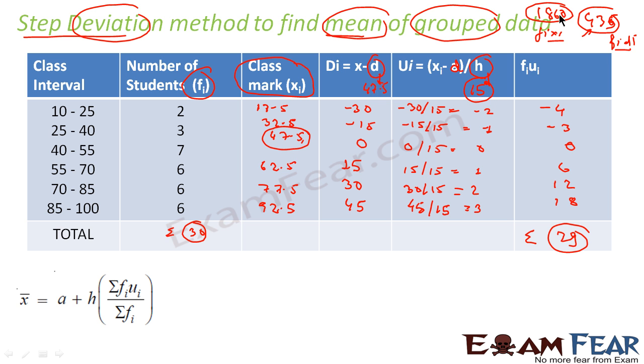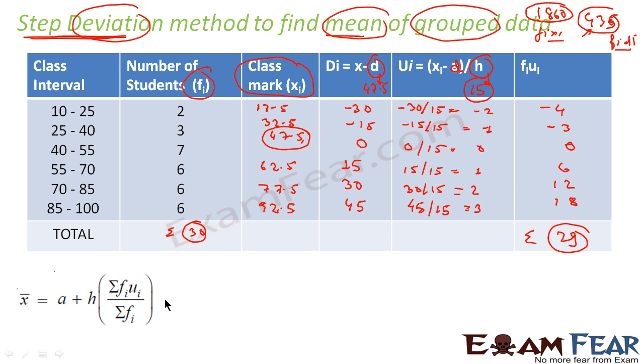So what we have done, from 1860 we made 435, now we made 29. If the data is very huge, this will come somewhere in billions, this will come somewhere in millions, and this will come somewhere in hundreds. Maintaining data which is in billions is difficult, maintaining data which is in millions is a little easier, and maintaining data which is in hundreds is all the more simpler. And that is the reason why we have the step deviation method.